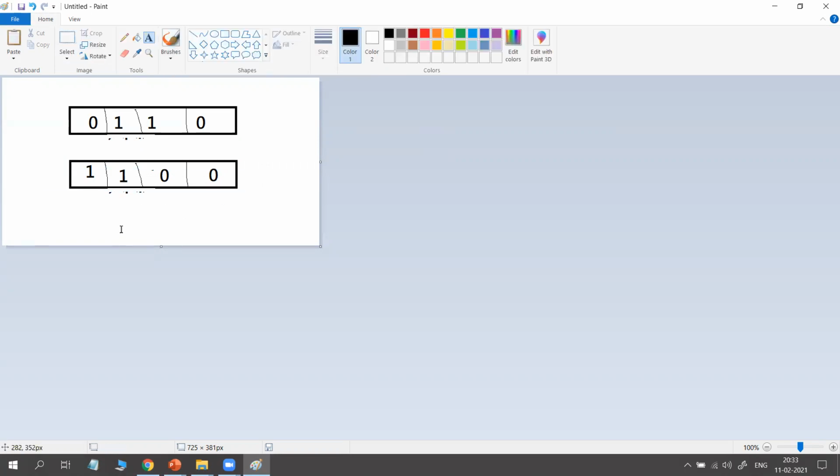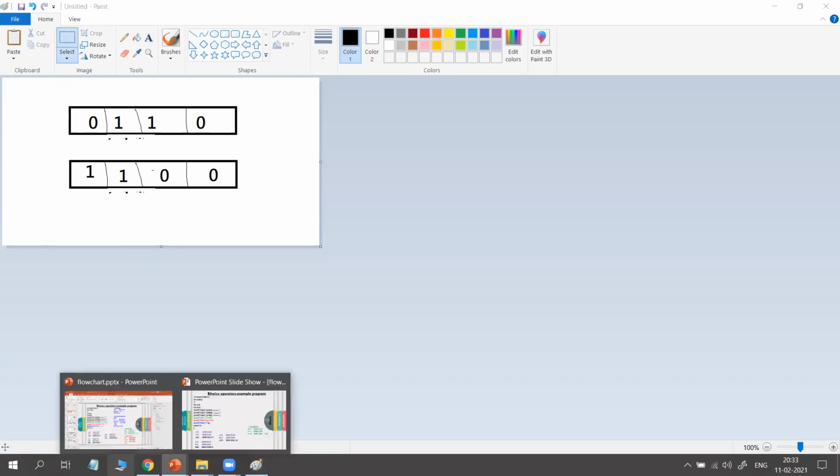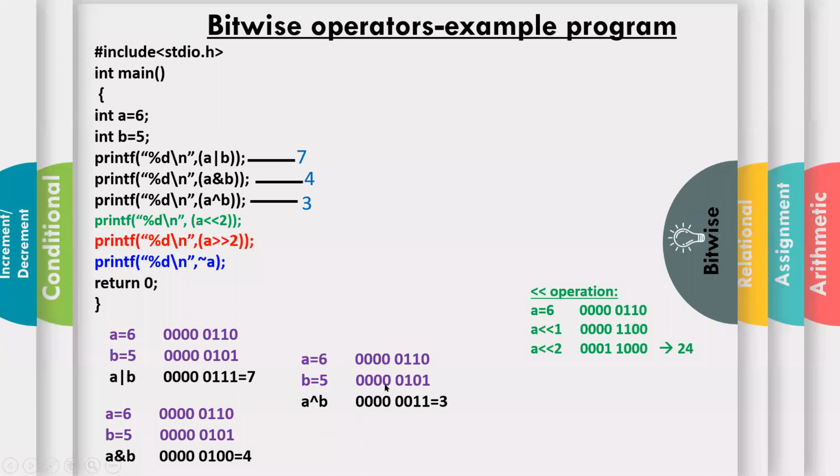If you left shift again, what happens? This one moves to the left side. Actually, that's why I used one more box here. See here. So here I used the previous bits also. Previously, some bits are there, 32 bits. So after the first time left shift, 1100 you will get. And later one more time I shift, these double ones come here, 1, 1. So 11000. Okay, in this way, actually 32 bits are there. As I told you, total 32 bits are allocated. So you get this answer. You convert this 11000 into decimal, you get 24.